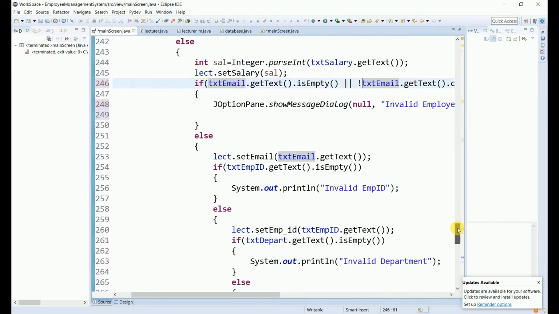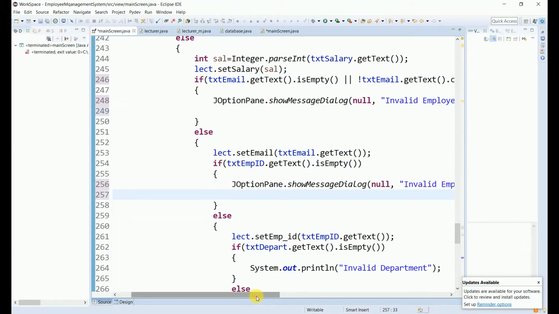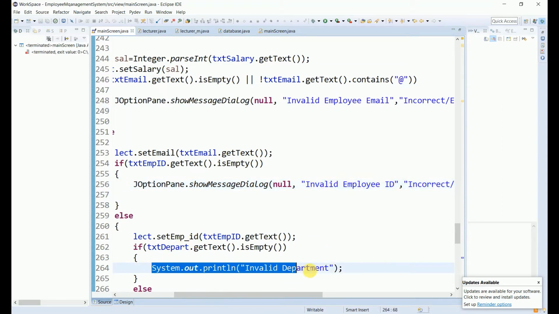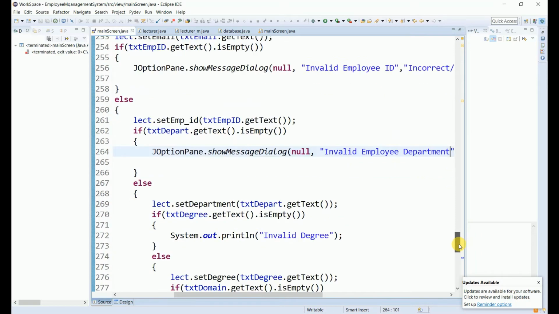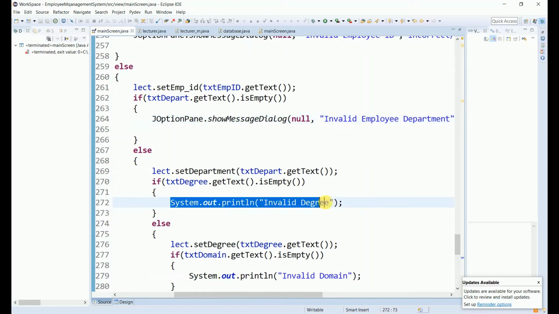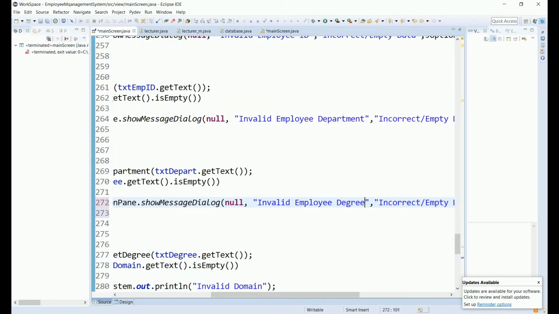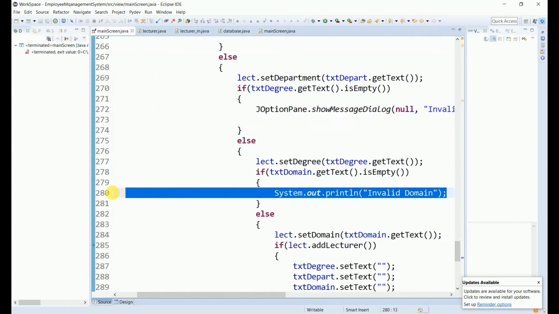So let's go forward. So invalid employee ID, right here department, right here degree, the domain,